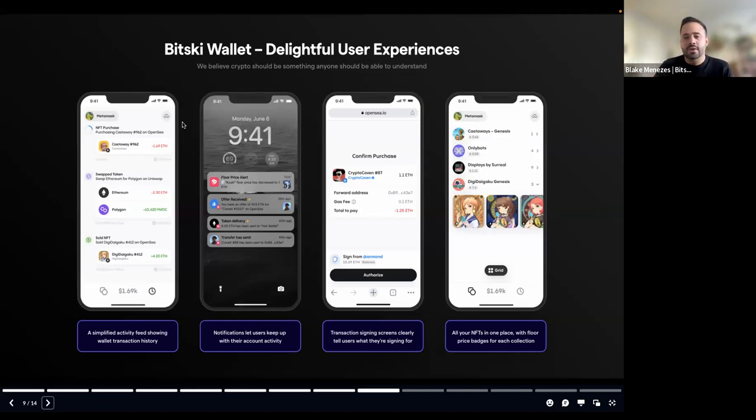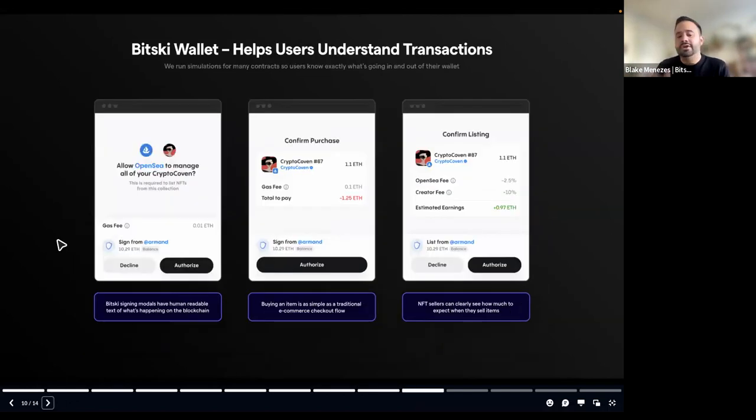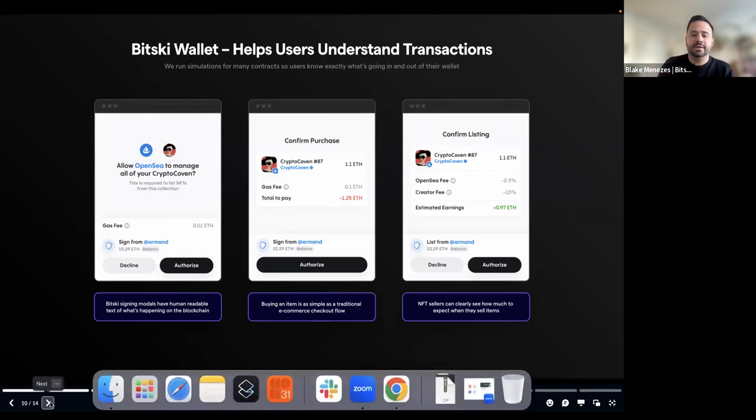You'll be able to easily see what you own inside of your wallet. And then more importantly, when you're transacting on actual contracts, you'll be able to quickly and easily see what you are doing on your contract. So specifically, if you think about how you're using Google Chrome, and it might say that you have visited a website that's malicious or questionable in some way, shape, or form, you're able to really easily see if this is a contract that's verified, if this is a collection that's verified, if this is something that you can trust. So the Bitski wallet allows you to do that in a really seamless and simple way.